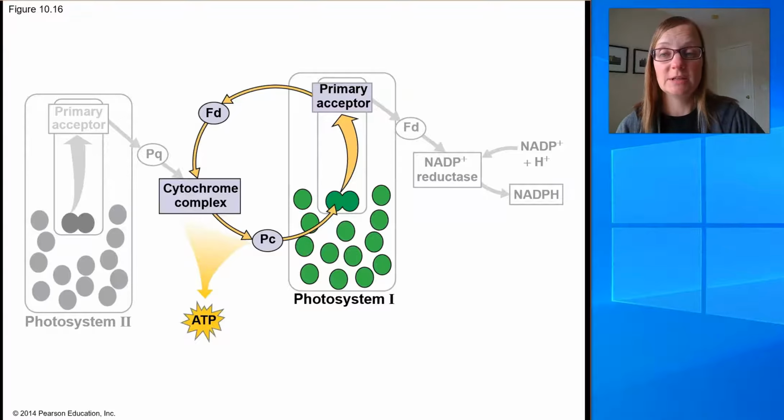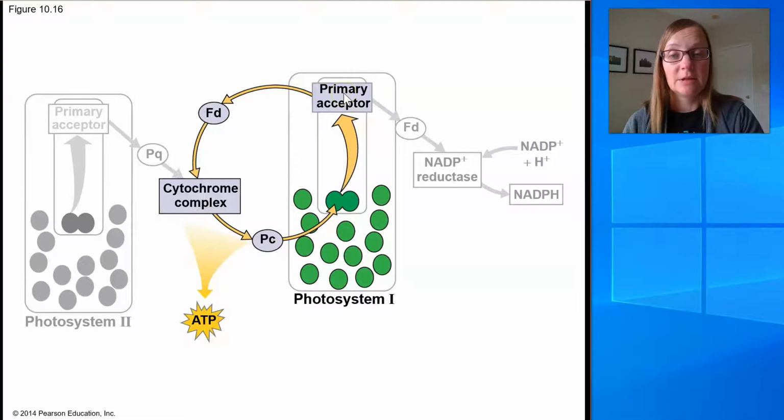So in this particular slide, we have the full linear flow diagram, but some parts of linear flow have been grayed out. Those are the parts that are not used by cyclic electron flow. And so we're only going to be looking at the middle portion here that's actually colored. So during cyclic electron flow, an electron here, that special pair of chlorophyll A molecules at the bottom of photosystem 1, that electron will wait, absorb energy from the photons of light, and get excited up here to the primary